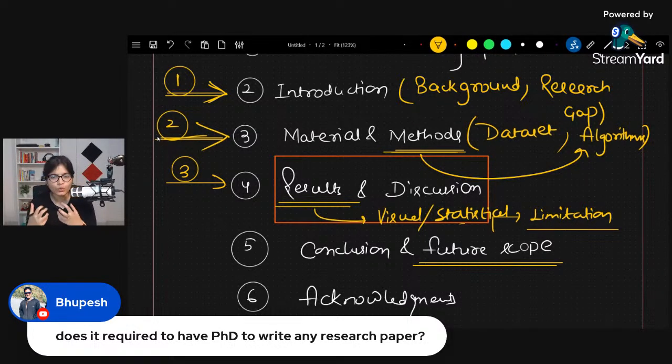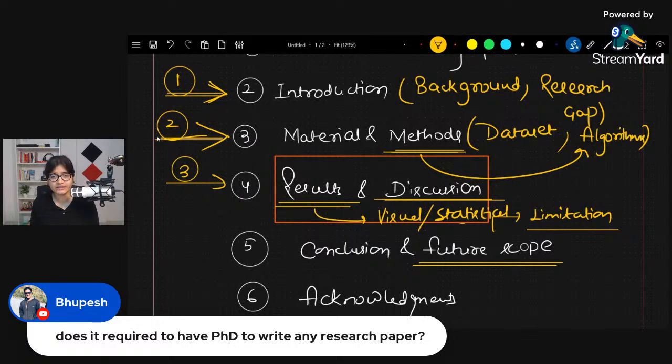As human beings, we usually understand visual things more easily compared to a simple black and white line, right? So whenever you're writing any research paper, try to create a few visuals, a few stats charts in the results part, and try to explain every visual. It's not enough to just attach it. You have to explain it in a way that even a layman who checks your research paper will be able to understand what the result section is about. Make sense?